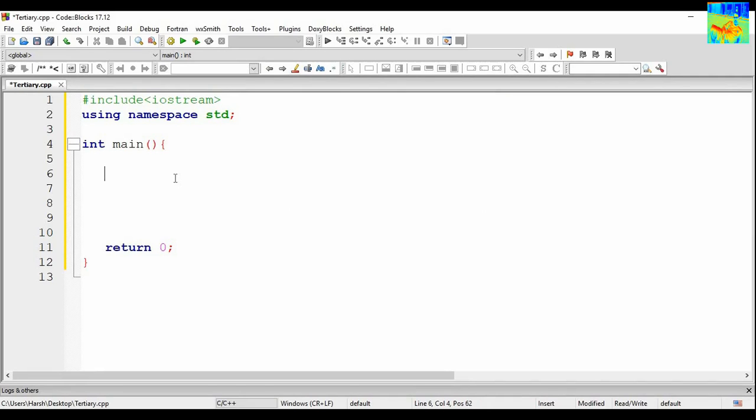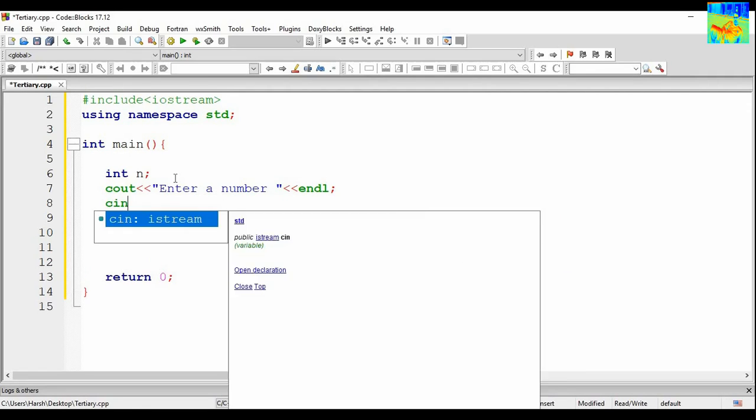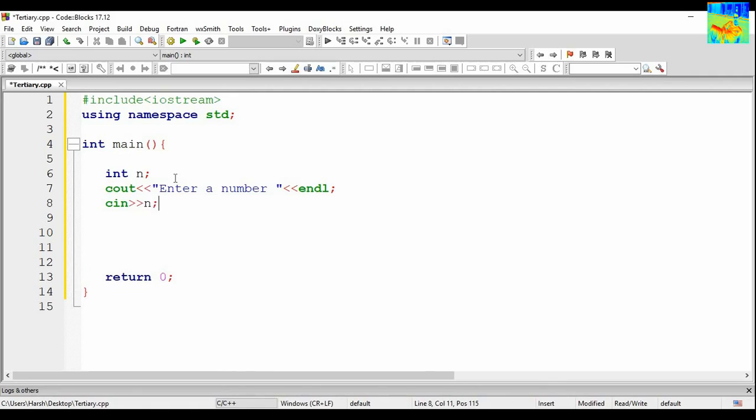So first of all, I am taking a variable int n. cout enter a number, cin n. Now we are using the ternary operator.